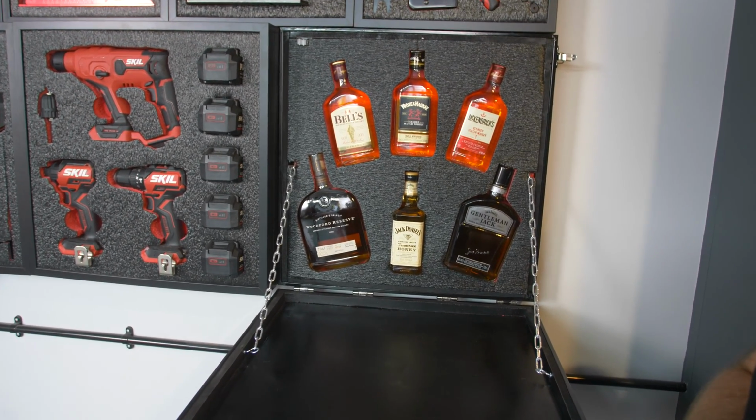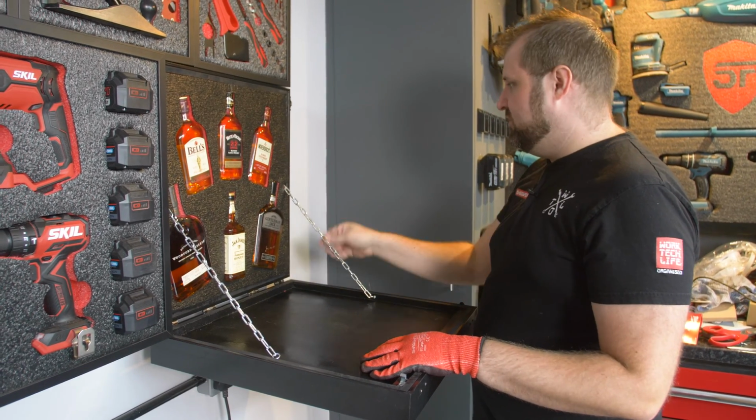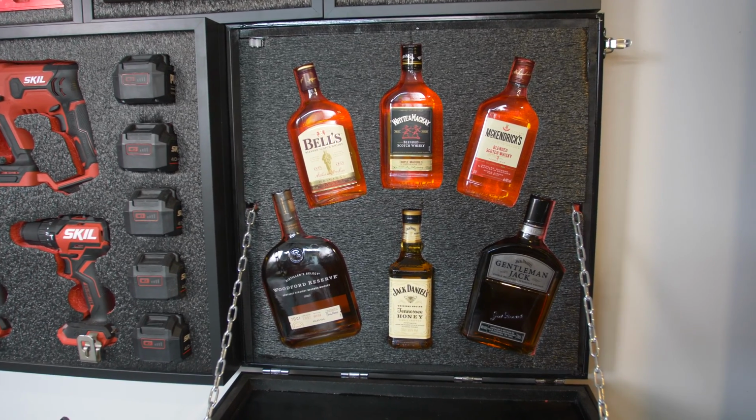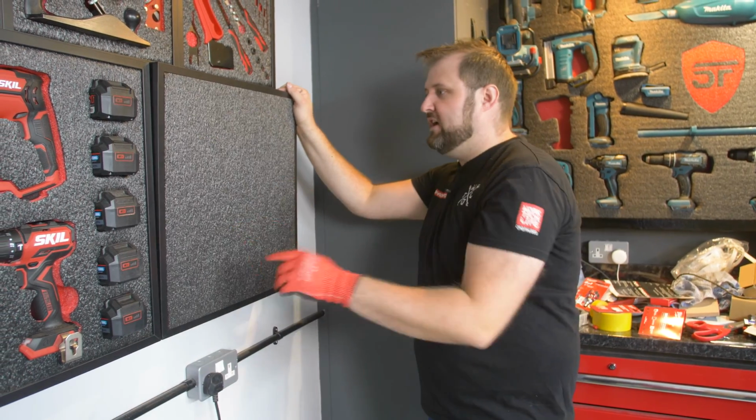Absolutely loving it. We've got the chains left and right, which are gonna hold this so you can put a little bit of weight on it without having to worry too much. And then we've got the whiskey cut in the foam, which was all really good. All we'll do now is take it back off the wall and we'll put the chargers on the front. So it'll be a case of cutting the charger in,